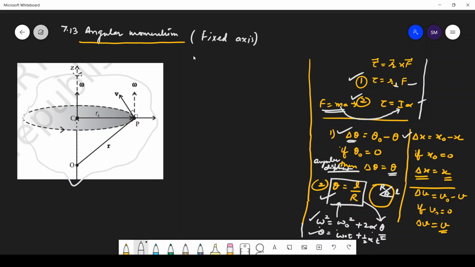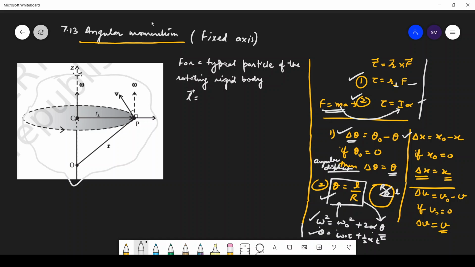So for a typical particle, of course this particle is of the rotating rigid body,